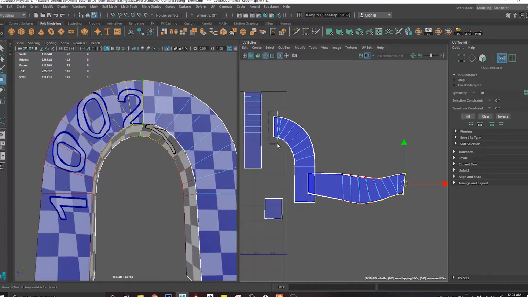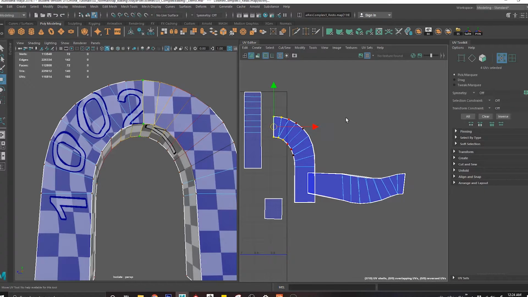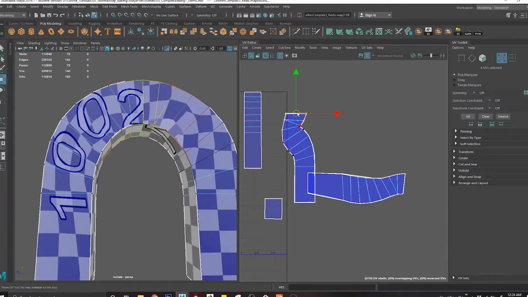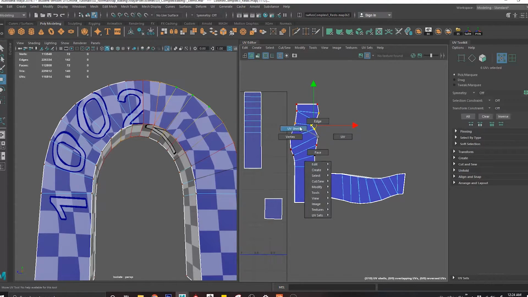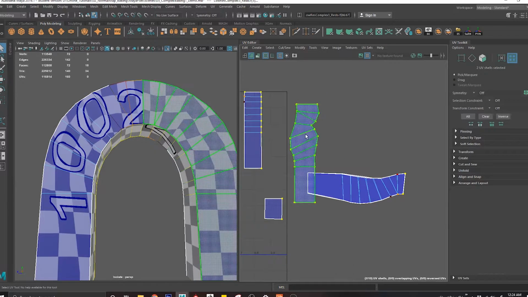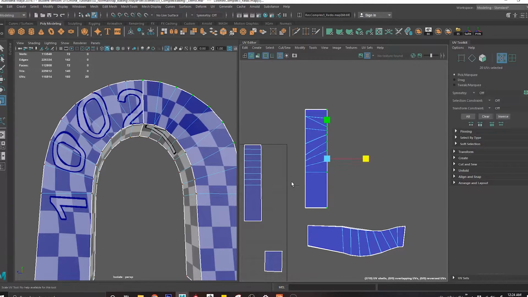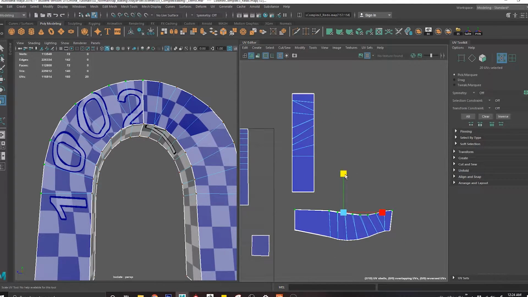Right, same thing I'm going to do for this one. It doesn't matter whether you do it up or down. What matters is how you do it, right? How you straighten it. So this should be more than enough. I'll take my UVs, I'll scale it up on this side. Same thing for this part, scale it up,